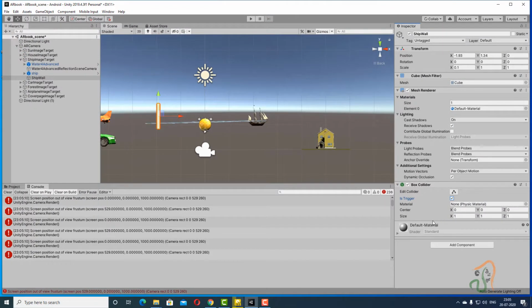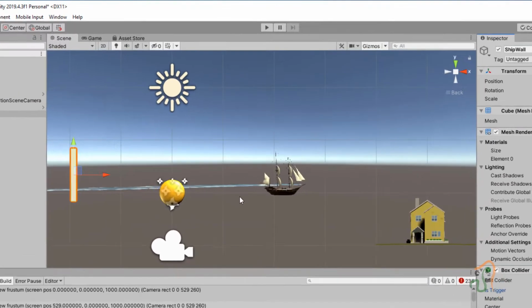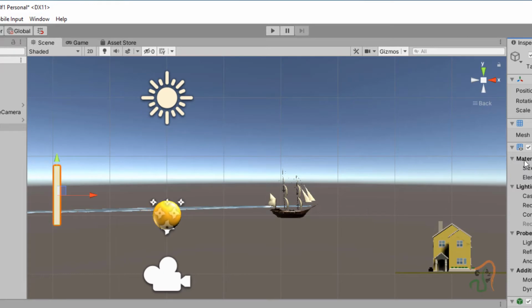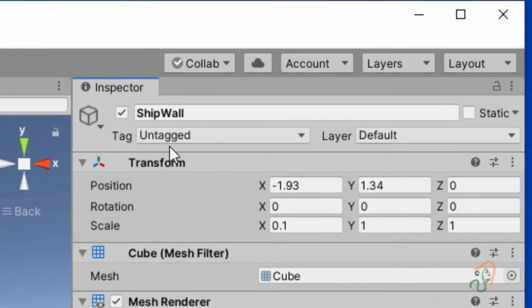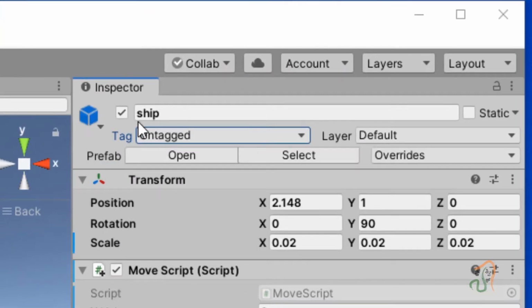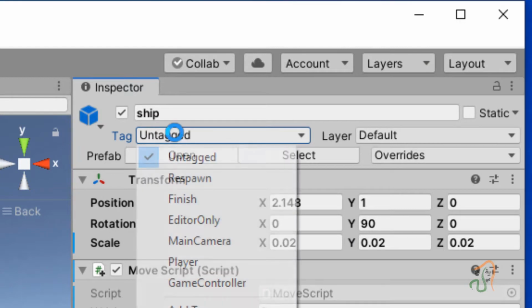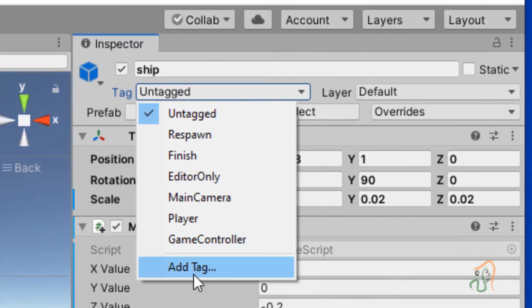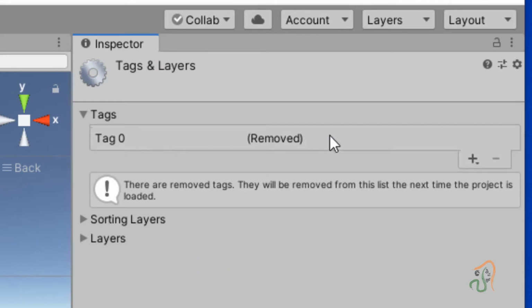After switching it on, the next thing is, we have to add a tag to this. With this selected, here for ship wall we have tag untagged. Click here and click on add tag. Right now there are no tags.